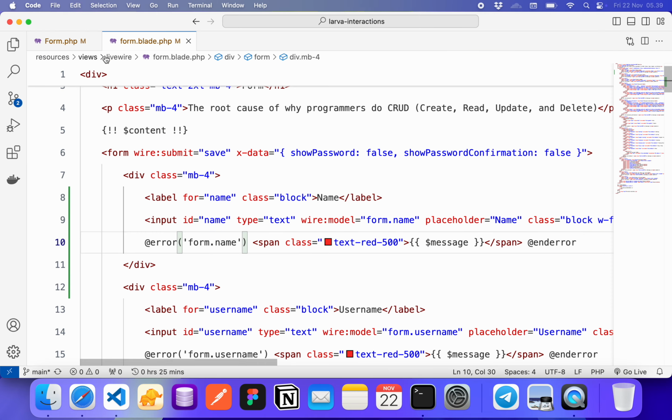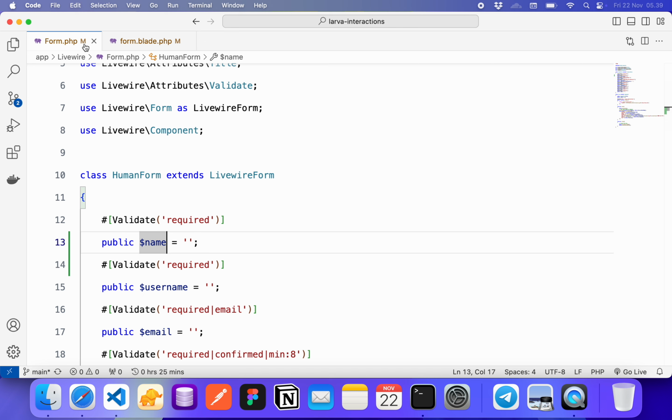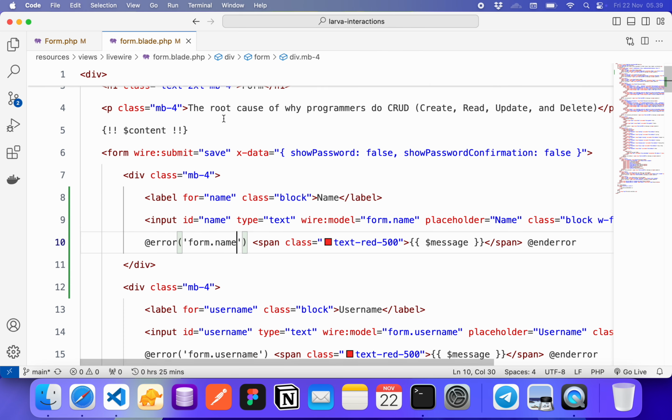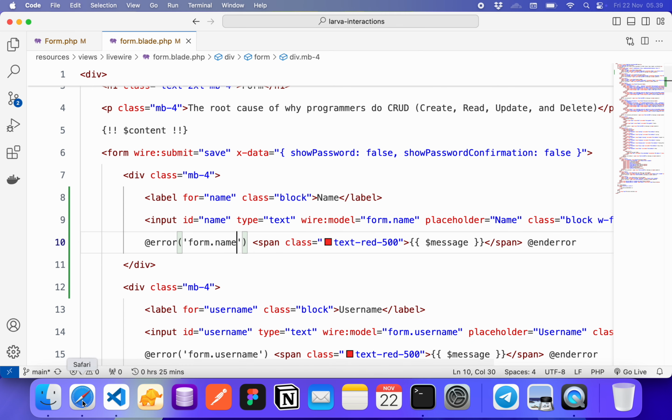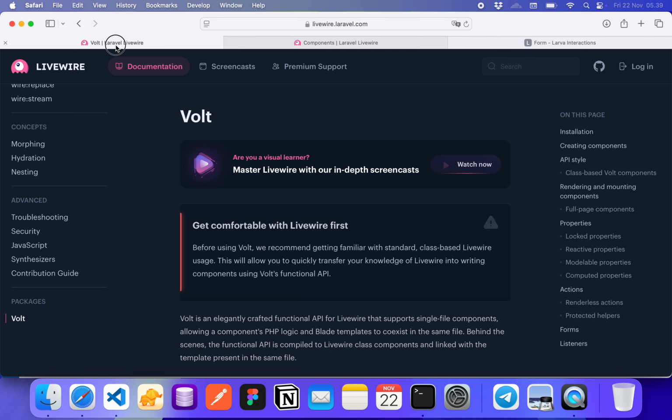So you know what, I take two steps to add the configuration, like the property in the class file and then the view file in Blade. So I was thinking, can I do that in a single file, in the Blade itself, rather than splitting it into two files? And luckily, Livewire Fold is the solution.